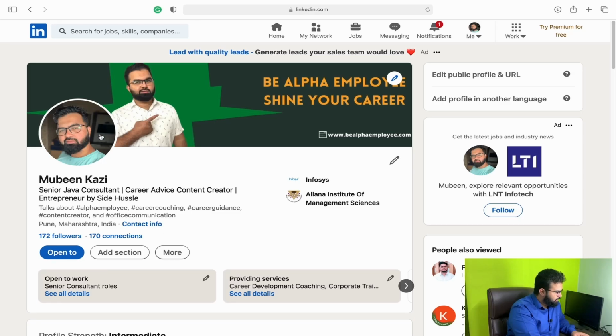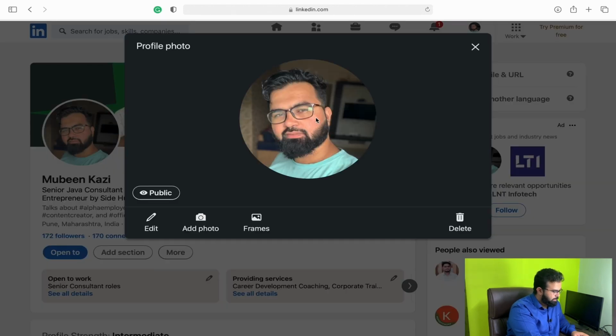So the first thing is we'll work on the profile picture. What you need to take care of is that you first have to choose a profile picture that has only your face and is zoomed in on your face. It is like a passport size photo of yours. Now if you see even my profile, it is good, but it is not the best, because I have images at my back. If you see, there are a lot of distractions behind me. So I can even optimize it more. Okay, so let's see how we can do that.